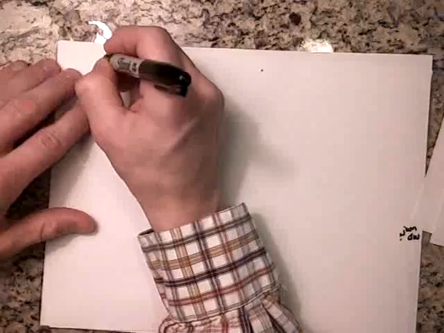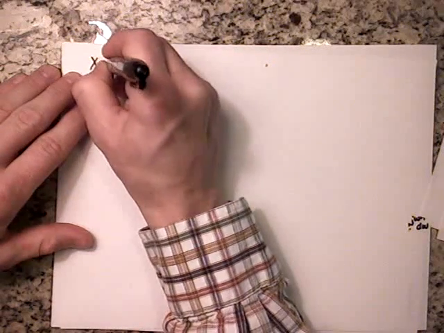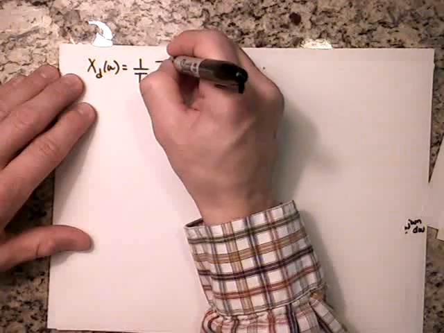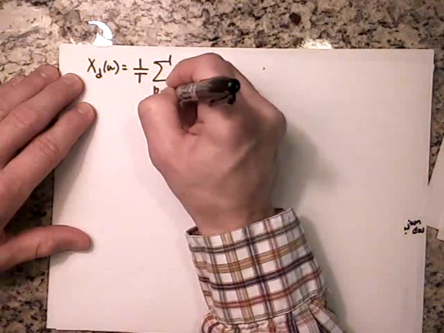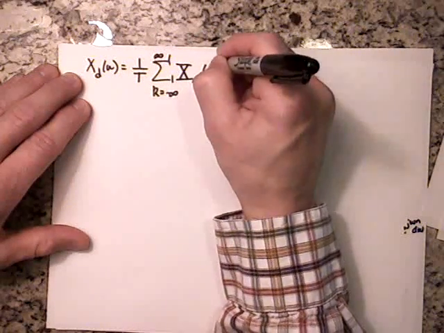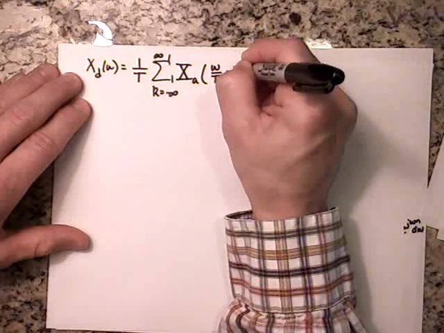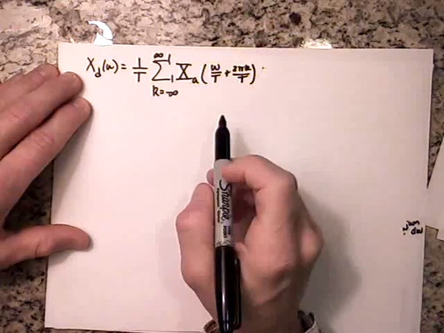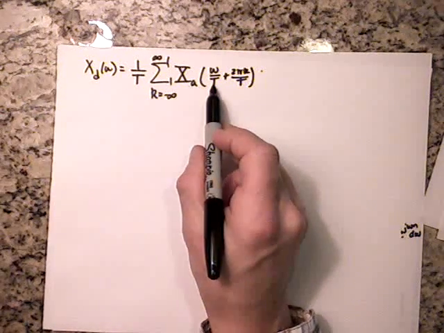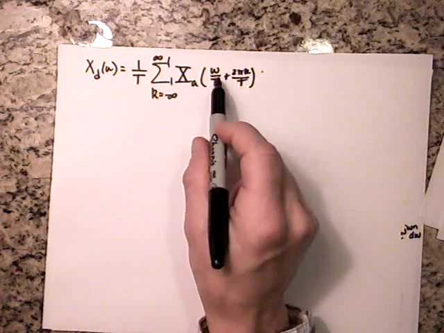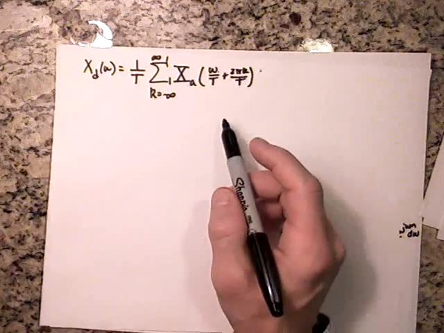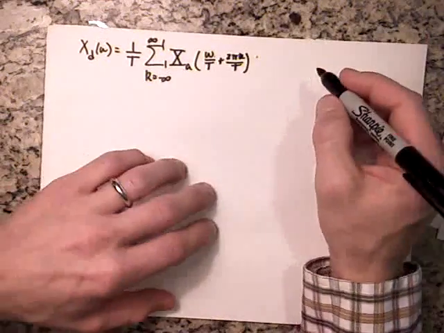We've shown that x sub d of omega is a scaled by t version of a periodic replication of x sub a of omega, where we stretch the frequency response by a factor of capital T. So pictorially, to give you an idea, if I have